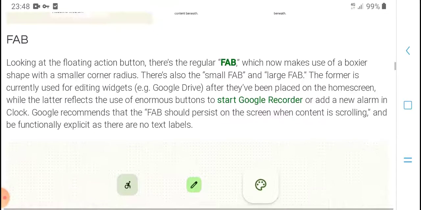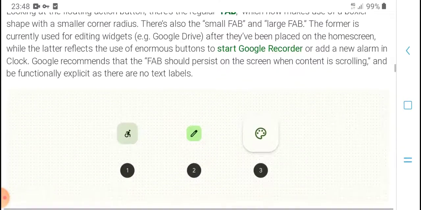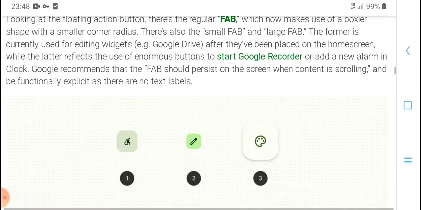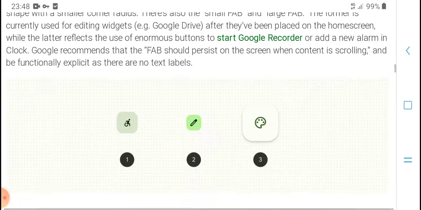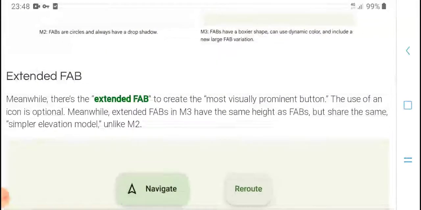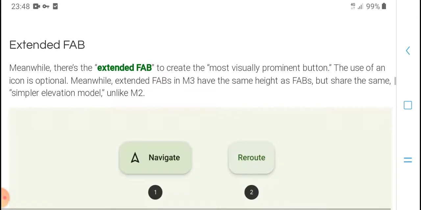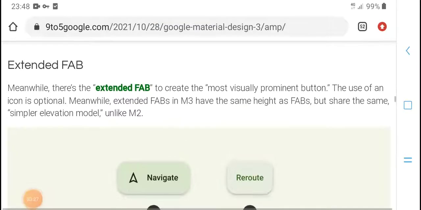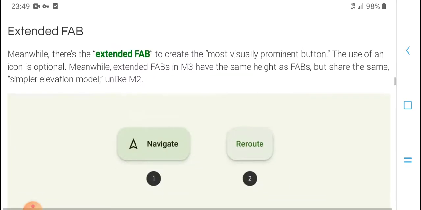FAB, looking for format action FAB which making use, boxing chip similar, also small FAB the most. Merchandise and creation promote button the use and icon option, explode FAB is smart but share the system in simpler